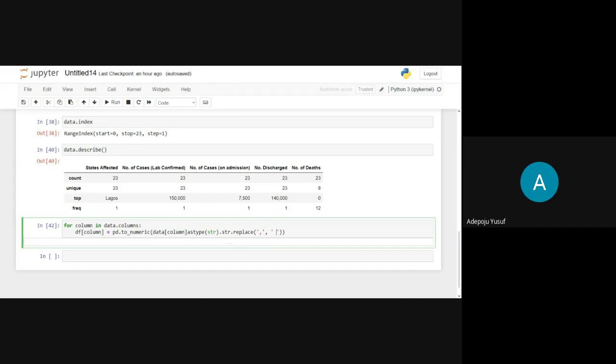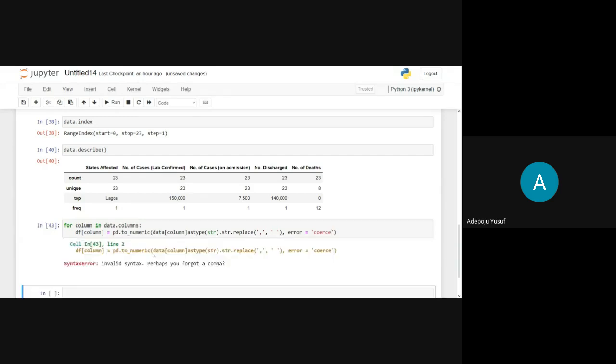There will also be a need for me to specify errors. My errors should be coerce. So if I run this,